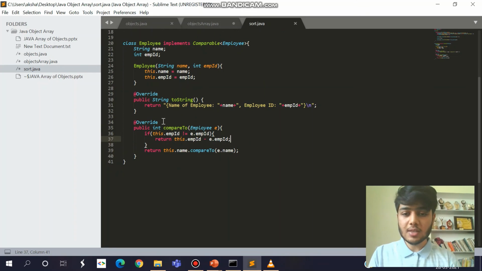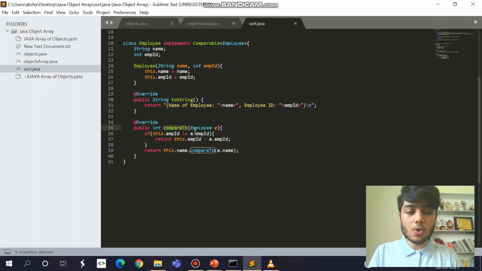And there's a function called compareTo in Java. The Java Comparable interface is basically used to order objects of a user-defined class. The interface contains only one method, the compareTo method, which we have overridden.